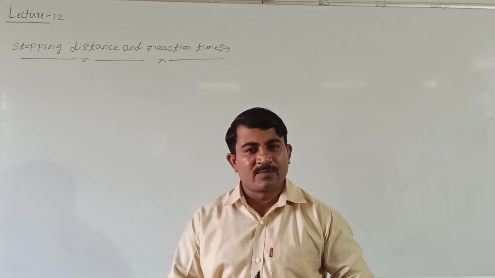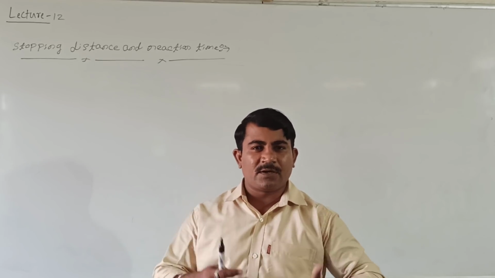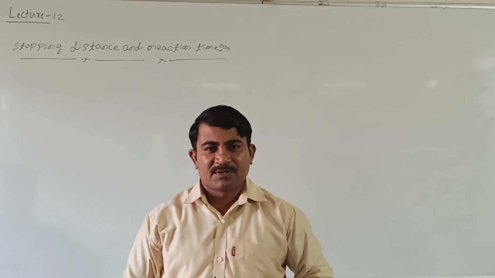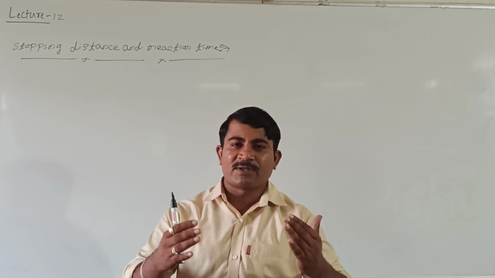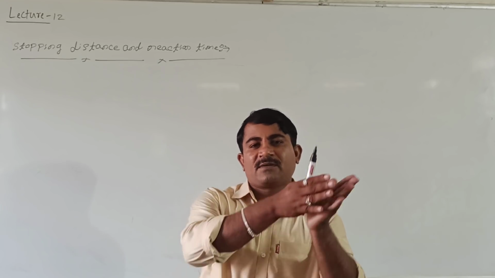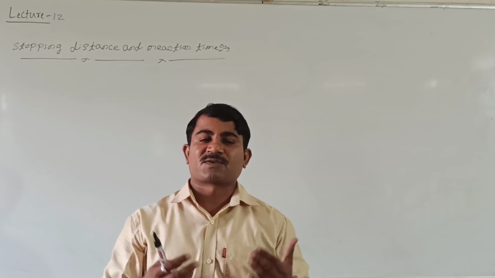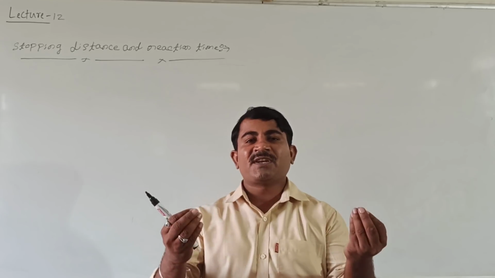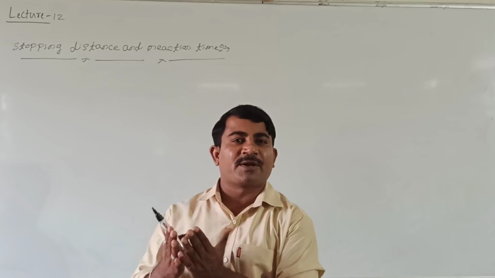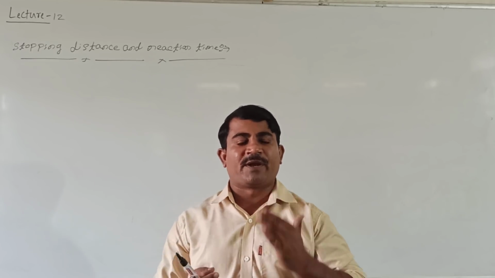Or you can take one more example. Let us consider you are moving on a car or on a bike. Suddenly if a person appears on the road, what can you do? You observe the person and you apply the brake. When you apply the brake, after some distance your bicycle or vehicle comes to rest. Stopping distance means the distance traveled by the vehicle before coming to rest when the brake is applied. That distance we are calling stopping distance.